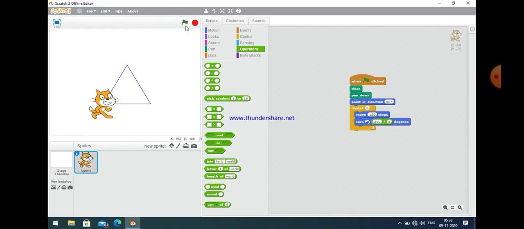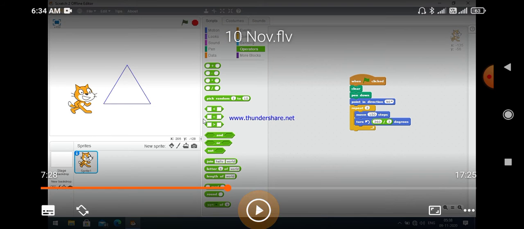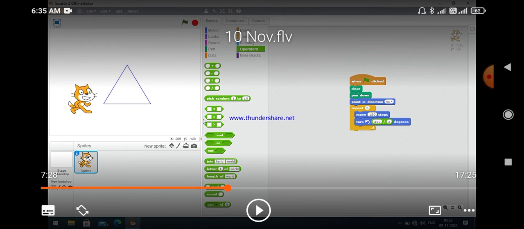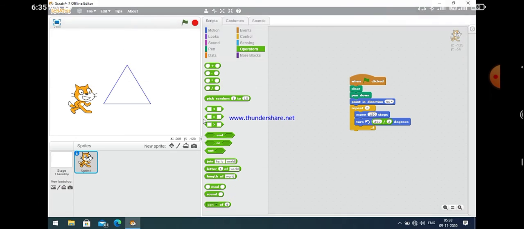Now you can easily see here, if you rotate this sprite, that is the cat, then a triangle will still be created, but in that case it does not look in horizontal direction. I think it is clear to all of you.